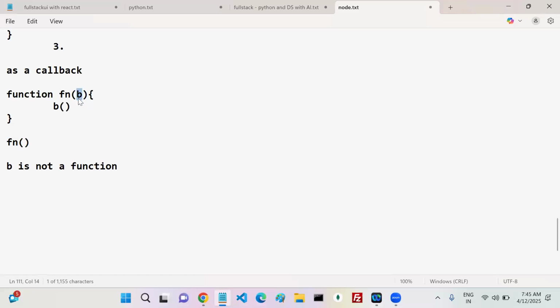Undefined. B is an undefined value, and undefined is not a function. That's the reason B is not a function. Got my point?